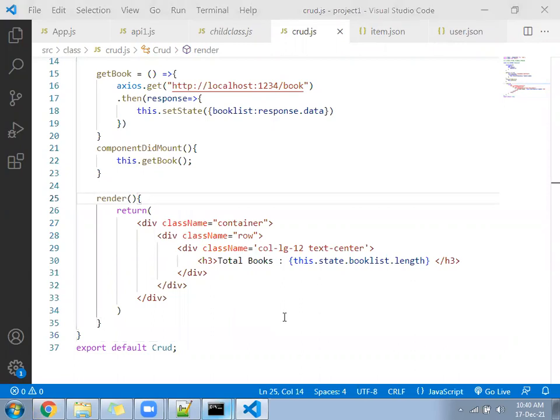Are you getting any length? Yes, two books are there in the JSON server, so two will come.